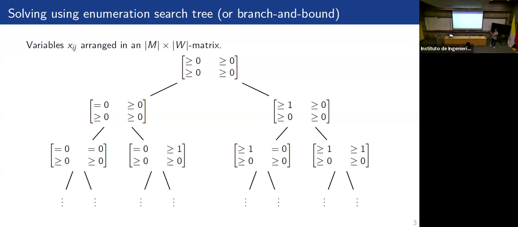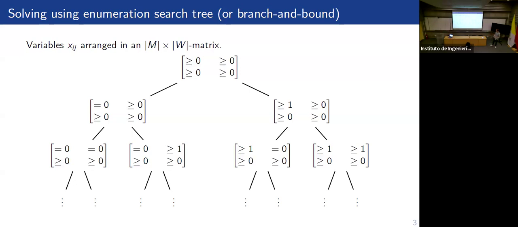So for instance, we pick this variable, what happens if the variable is 0, or what happens if the variable is larger or equal to 1. By iterating this, by continuing doing this, you get a tree structure, and you can stop at a subproblem if you find an integral solution in that subproblem, which is optimal, or when you can prove that all solutions in that subproblem are not going to be